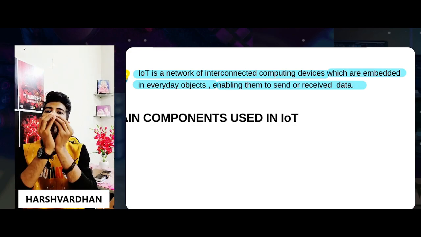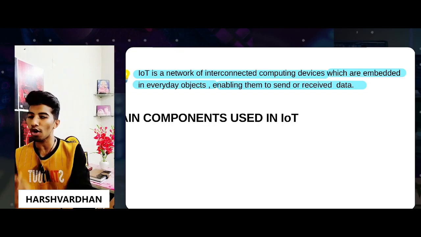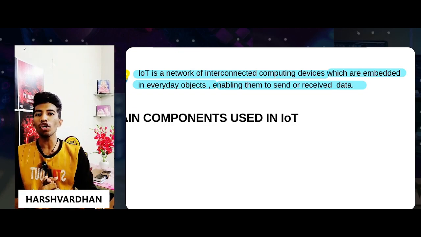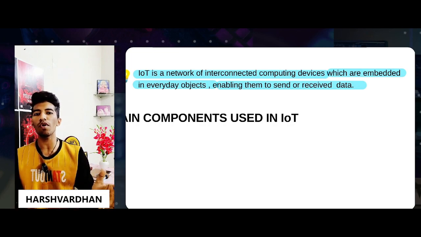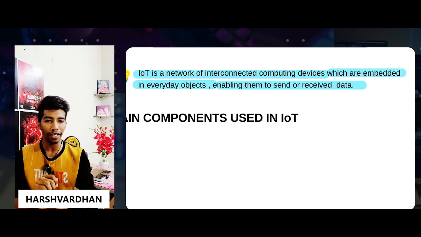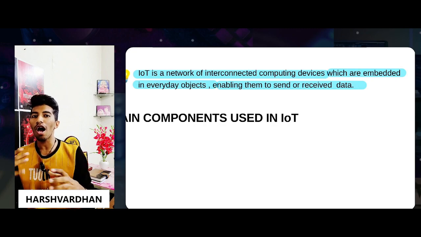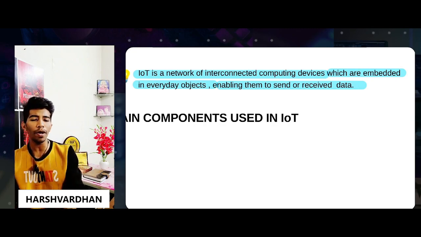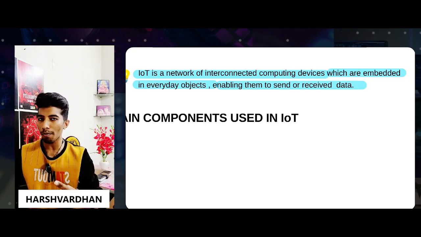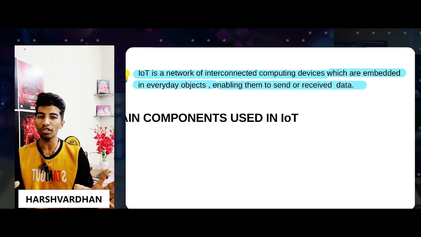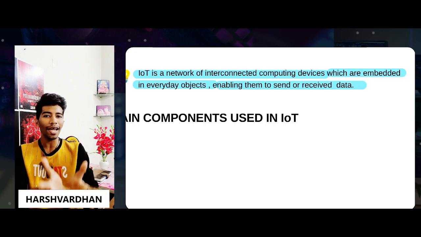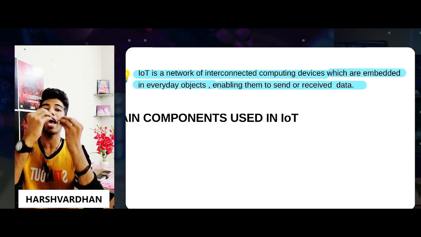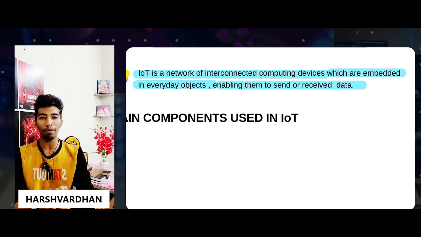You can take a very simple example of a thing like a clock. Let's suppose a clock. Okay. Now a clock is a normal object which works by using some sort of device or a battery in it. How can we make it an IoT based system? A simple thing: you just have to follow four components. First, you will require a device or a sensor to take data. So what do we want? The time data, correct? Time, temperature, any sort of data which is measured by that particular device.